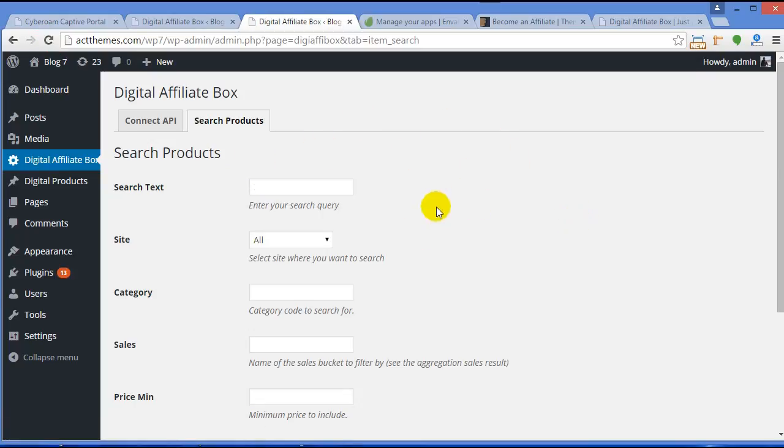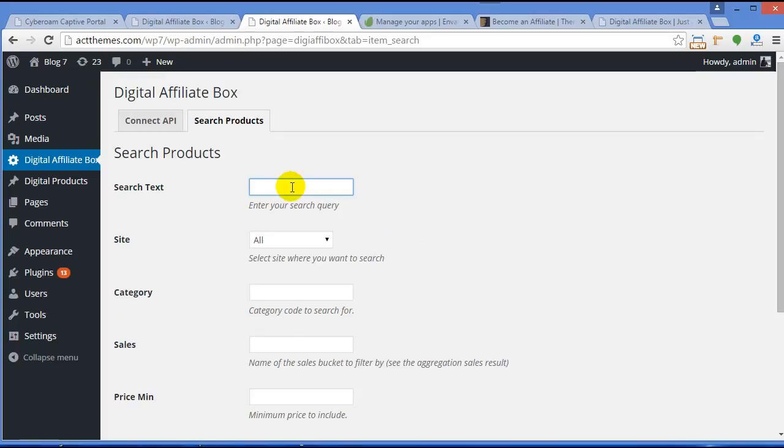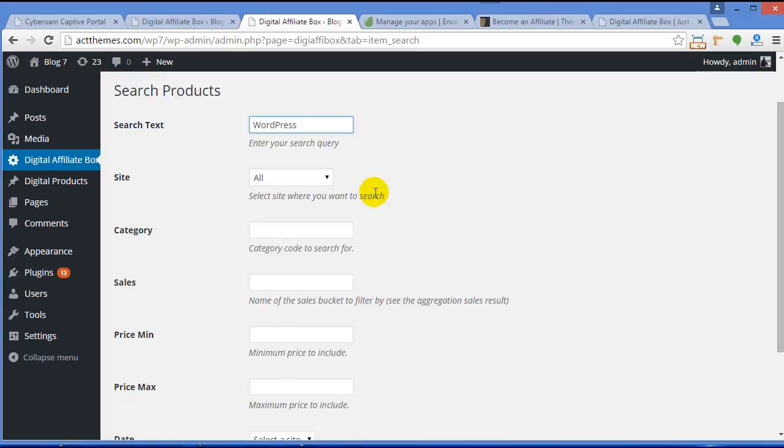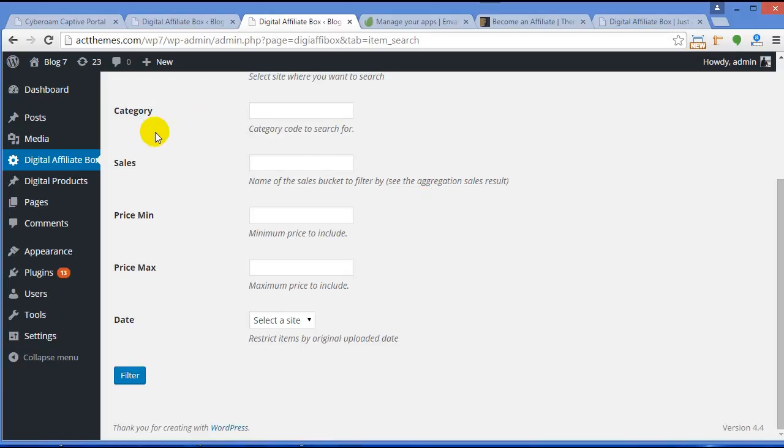Now from here you need to search for the product by filling in these criteria. So here search text, like I'm writing WordPress. Now suppose I'm selecting, you can select the site from here. So I'm selecting ThemeForest, and category, sales, price, minimum price, maximum price. You can fill in these criteria according to your requirement, and now select date, so this year, and click on Filter.